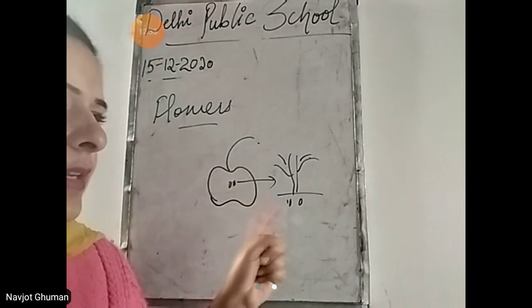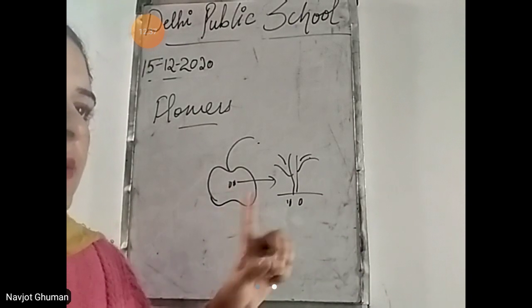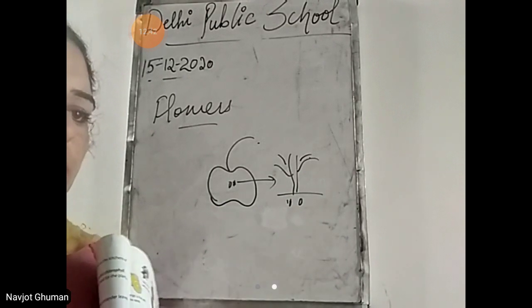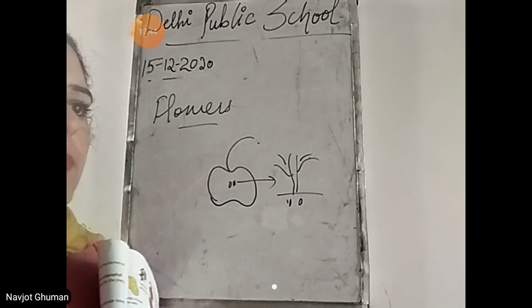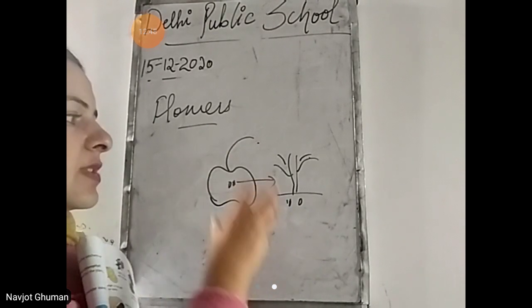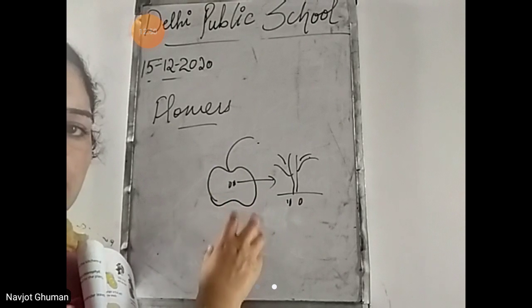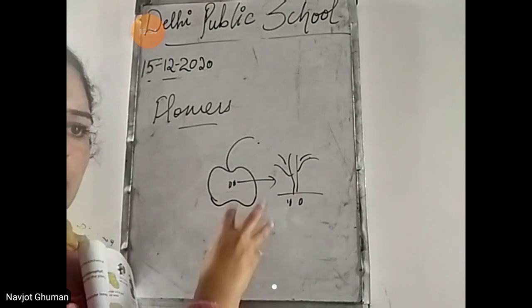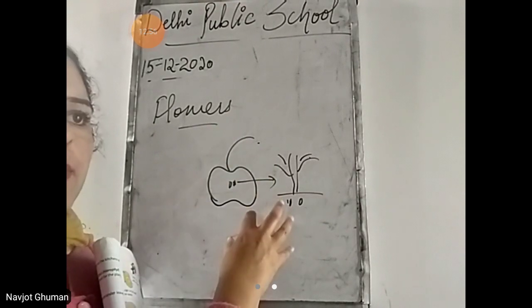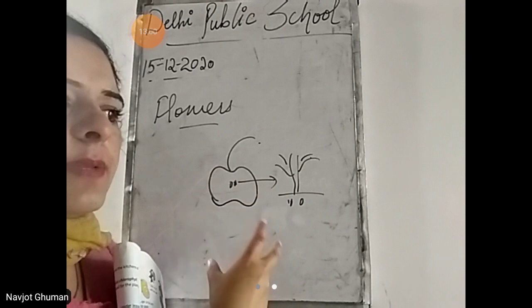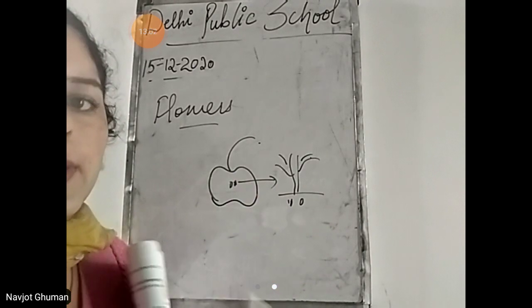Thus, flowers are very important for a plant as they give rise to new plants, as they help to reproduce. एक कॉपी से दूसरी कॉपी प्लांट की बनाने में वो काम आते हैं, क्योंकि जो सीड है, सीड से नया प्लांट बनता है. तो सीड कहाँ से आता है? सीड कम्स फ्रॉम द फ्रूट. फ्रूट कहाँ से आता है? फ्लावर से. So flowers are a very important part of the plant as they help the plant to reproduce, as they help the plant to make a new copy of the plant.